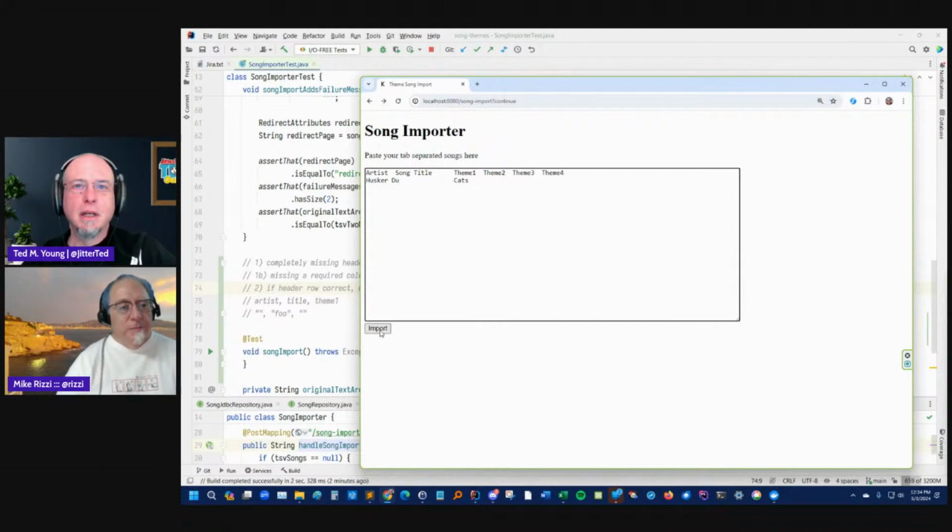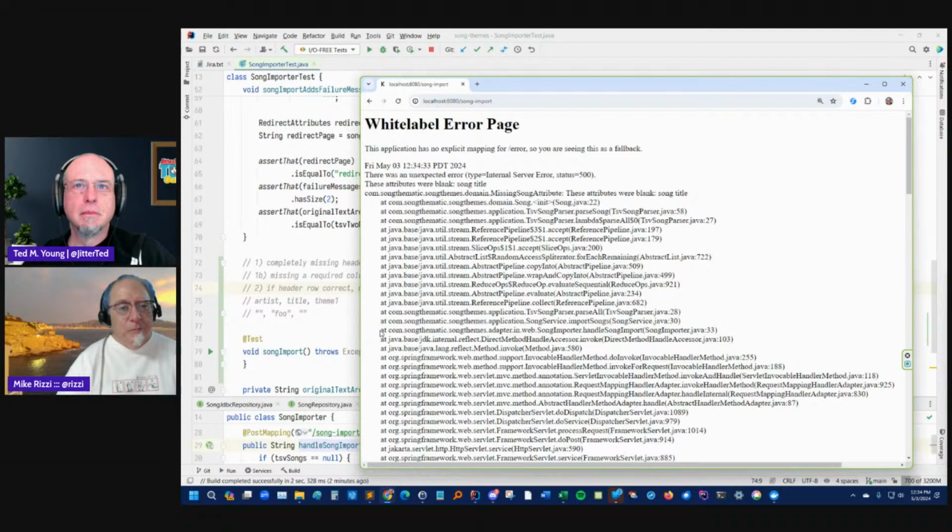Give it a roll. Yep. Attributes are blank song title. So that's the right error message. We're just not returning it as a failure. That's interesting. So somewhere in our code. So it looks like we found a bug. Yeah, so we found a bug that we're not handling